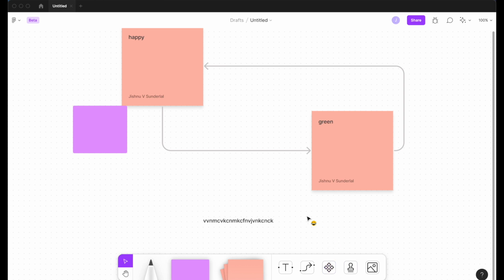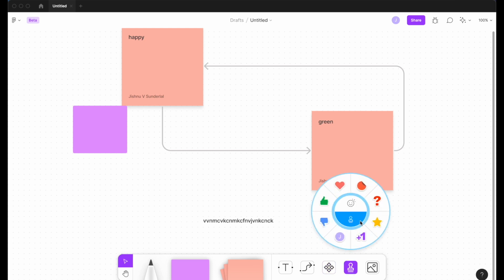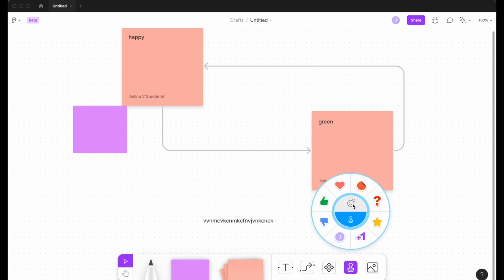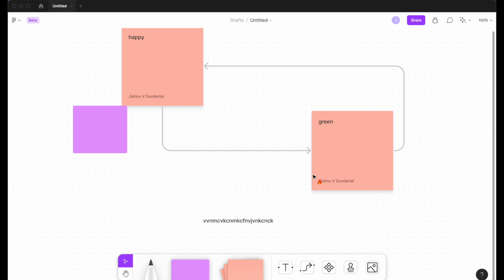You can just comment easily, like what you do in WhatsApp or Facebook. It's a live interaction using the smileys. Look, if I click, lots of smileys there. So beautiful. I loved it. Even if the work is too good, it's so awesome.